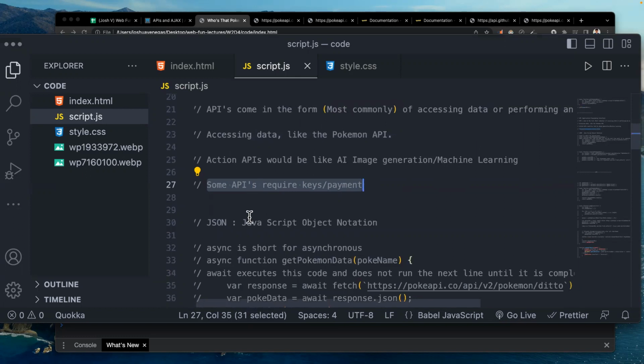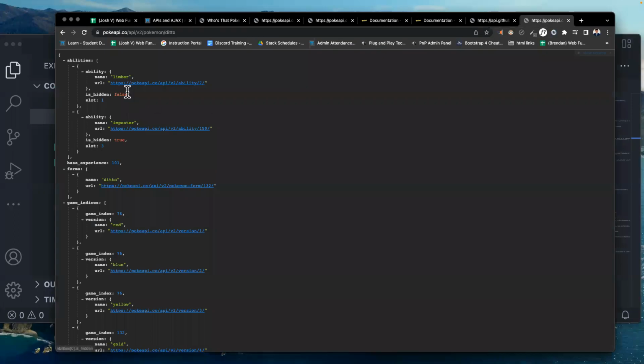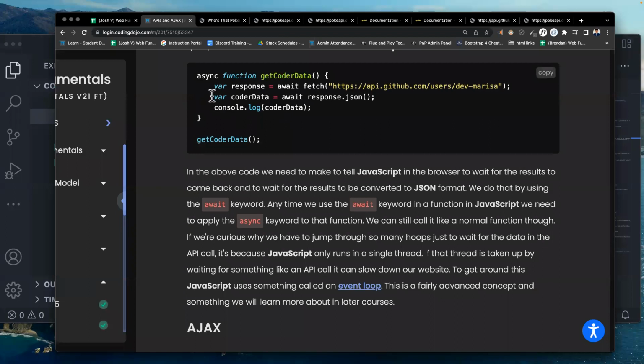And JSON stands for JavaScript Object Notation. So we're just converting that API call to a JavaScript object. We saw that it was already an object, right? This is already an object, but we need to make the habit of converting everything we receive into JavaScript Object Notation so that we can then parse through that data. Sometimes it will be an object, sometimes it may not be an object. Whatever the case, we're going to convert it to an object so that we can receive it.